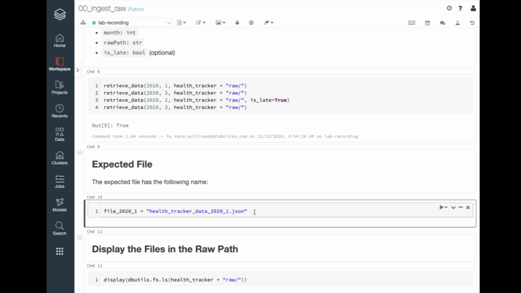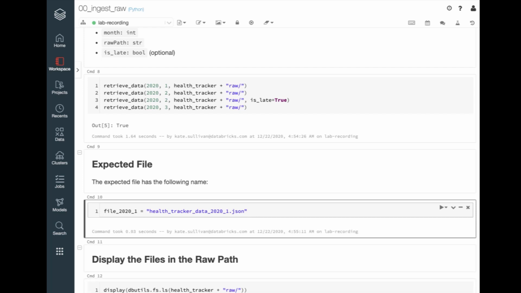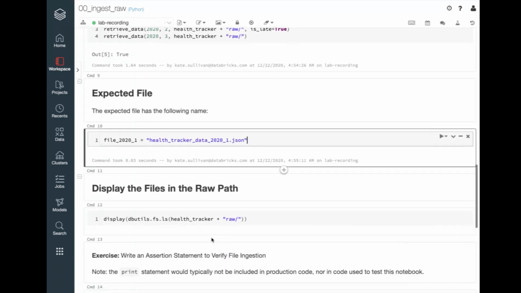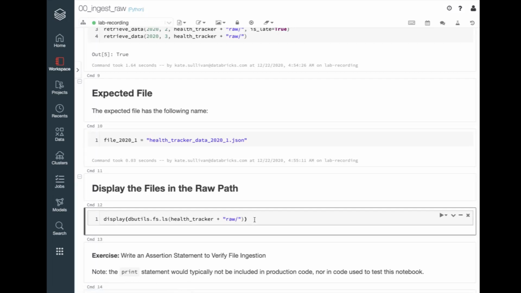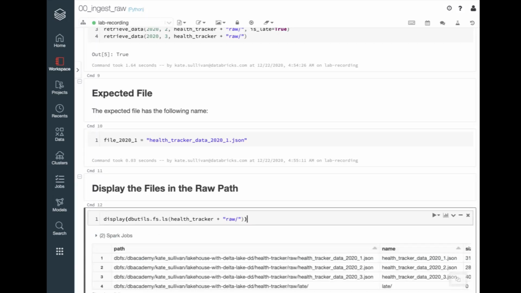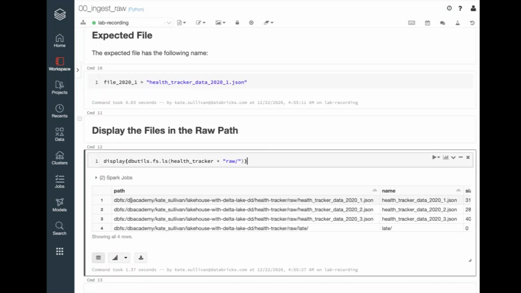We are going to want to test our data later. So at this moment, I'm just going to run this to establish the expected file name that we've got. And we'll be able to run a test on that later. Let's also just take a quick look at the files that are in the raw path now. We're using the Databricks file system to temporarily store the files that we'll be using for this course. Notice that the path here matches the path that you defined in the configuration file earlier. So you can see here the whole file name that includes your username,